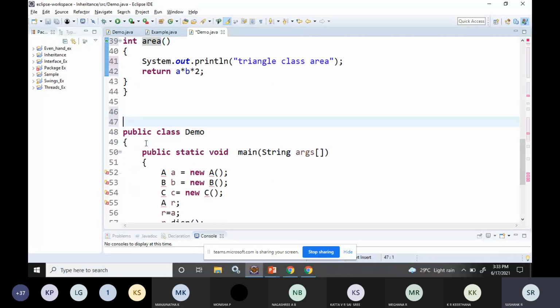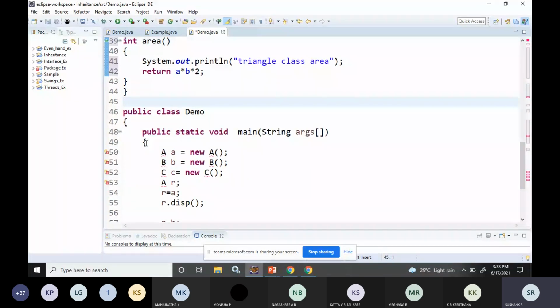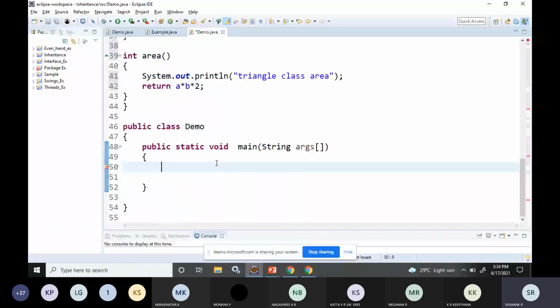After that, let us talk about the main function. In the main function, first I will create Shape S is equal to new Shape of 10 comma 50. So I'll just create the object of the superclass.